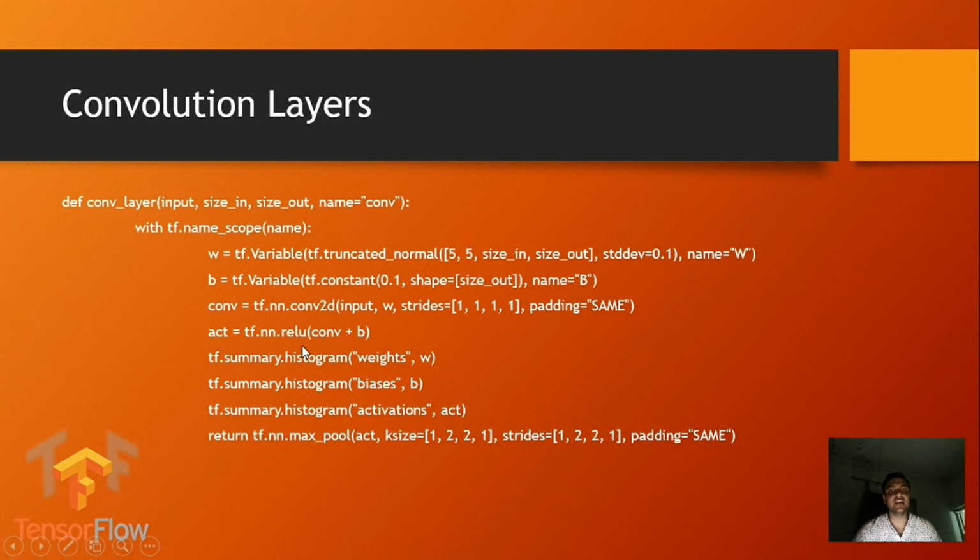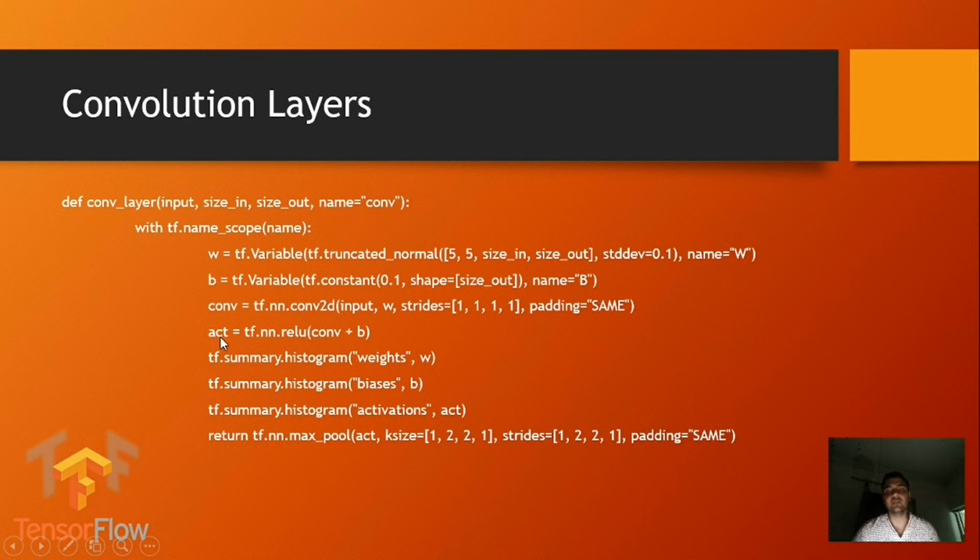Now ReLU is the activation function. ReLU here means rectified linear unit. So a rectified linear unit, in case of any negative output, will rectify it to 0. Any positive output is given directly as positive output. In case of any negative output, it gives out 0. So what we do here is we add conv plus bias. As I mentioned, bias was a singular term, and conv is happening on the input and the weights. So input and weights are convolved and bias is added, and then later the rectified linear unit,